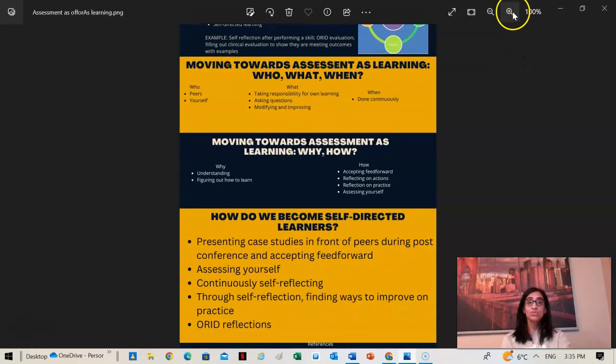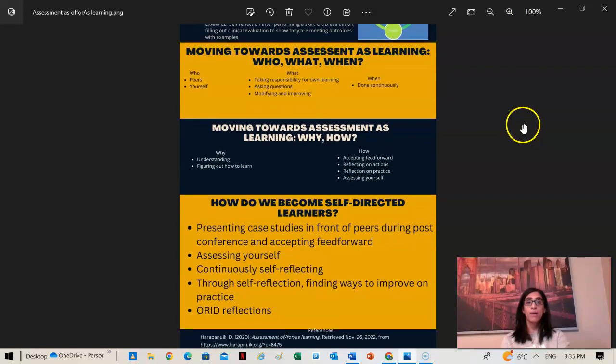So how I would get students to become self-directed learners, the strategies would be, for example, getting them to present case studies in front of their peers during post-conference that we do in the clinical setting, and accepting feed forward. So during these case studies, the students would present a patient that they have come across, that they've seen, that they may have done things that they may not do in the future if they came across this patient. So they work through this case study, present it to students, and they reflect